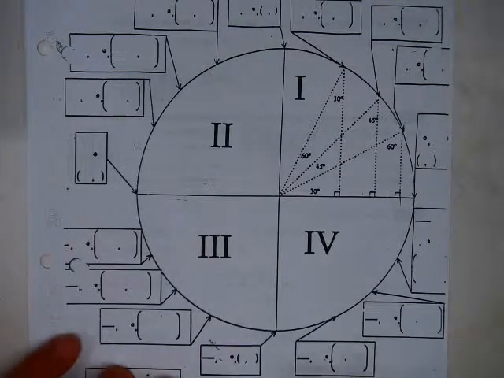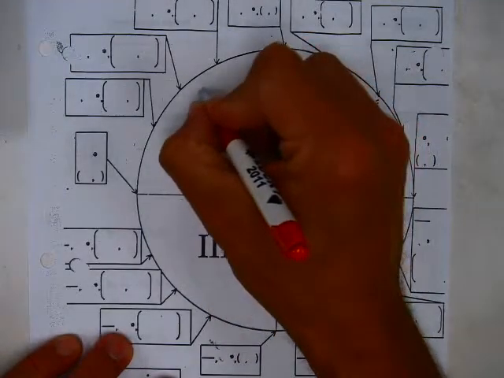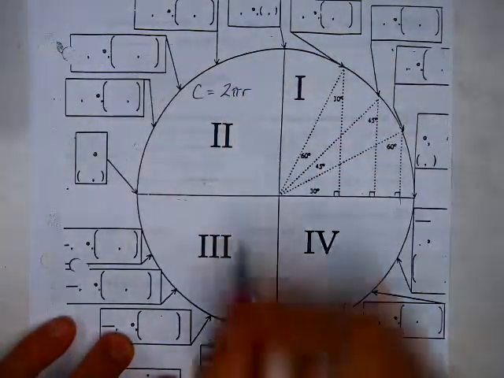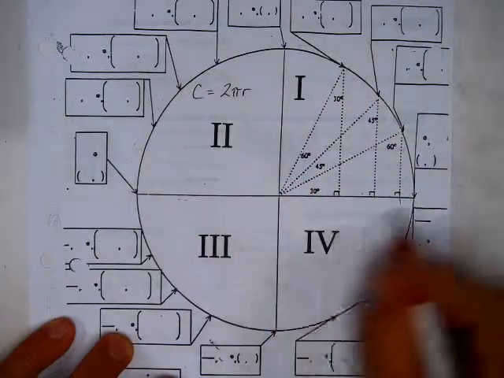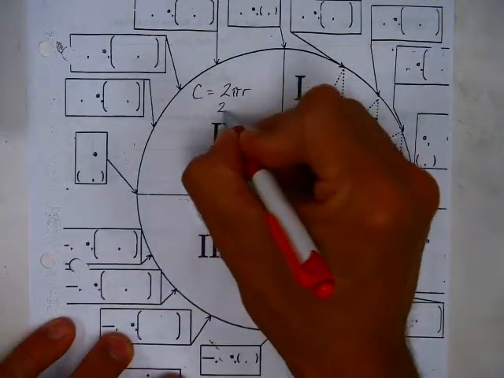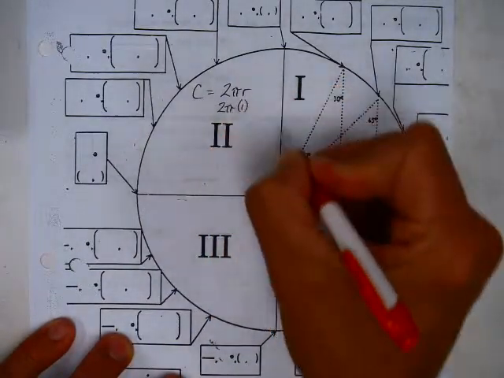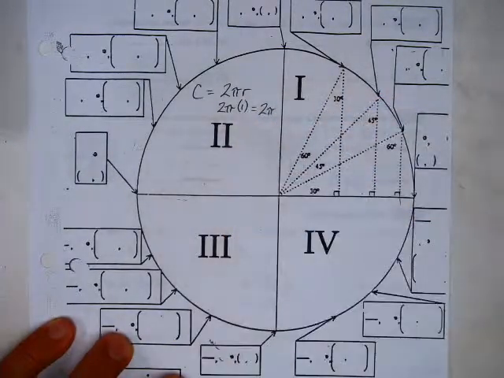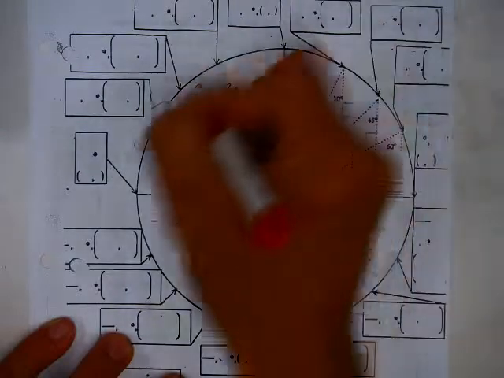This is the radian version of the unit circle, where we're going to take the equation for the circumference, which is 2 pi r, and apply it to the unit circle. So the radius of the unit circle is 1, so this is 2 pi times the radius, times 1, which is just 2 pi, and that's the unit of measure that we're going to use to show one complete rotation